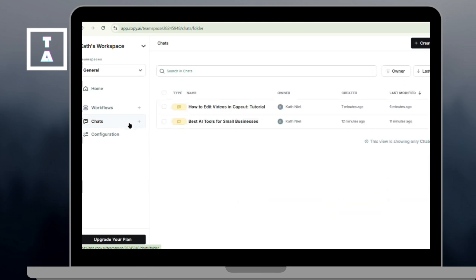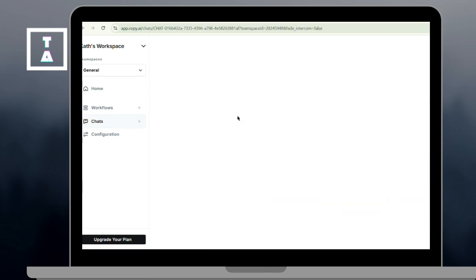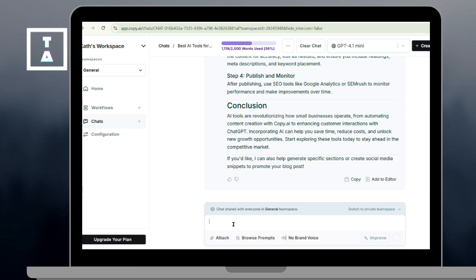And in the chat box, type something like this. Write a cold email for your target audience that introduces your product or service and highlights the key benefit. You can be specific and detailed about your cold email, hit enter, and wait for Copy AI to